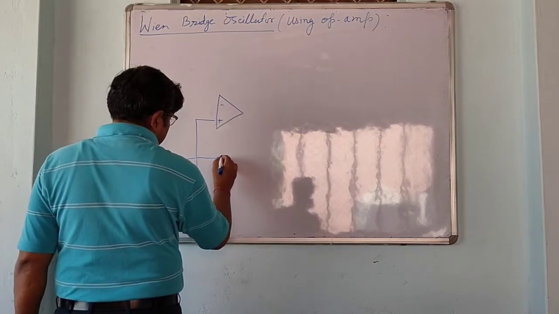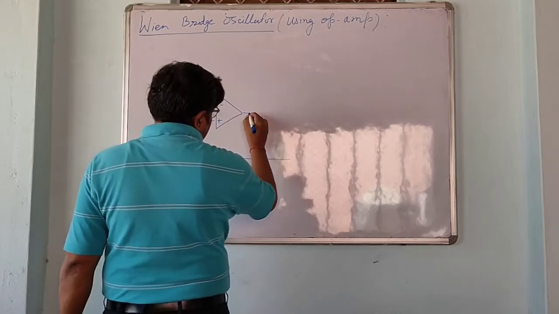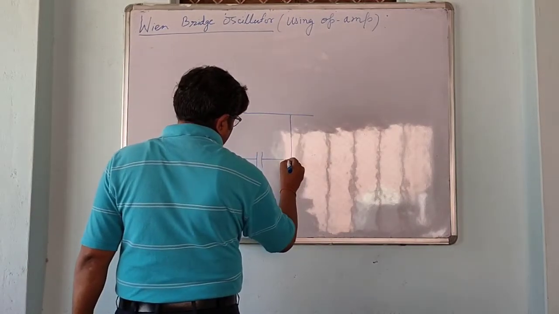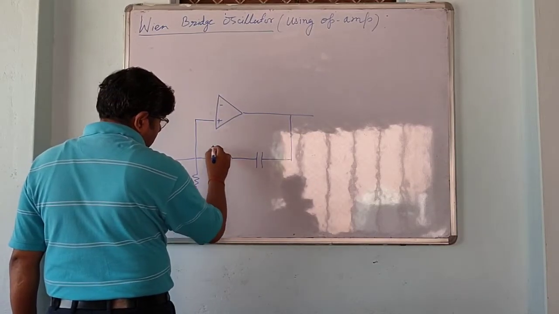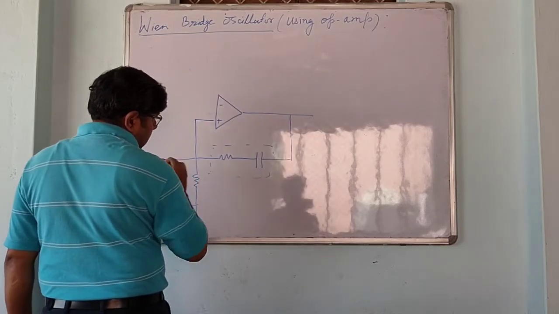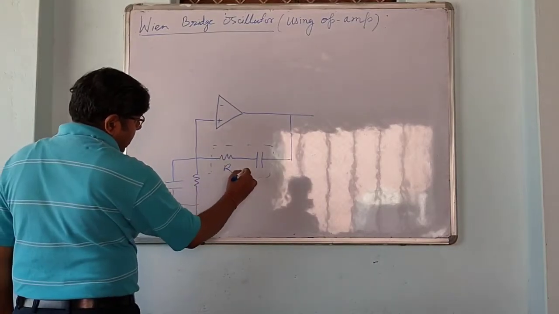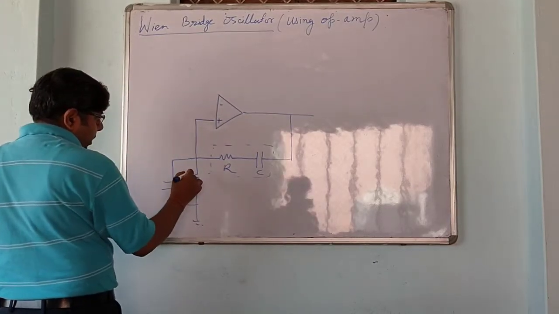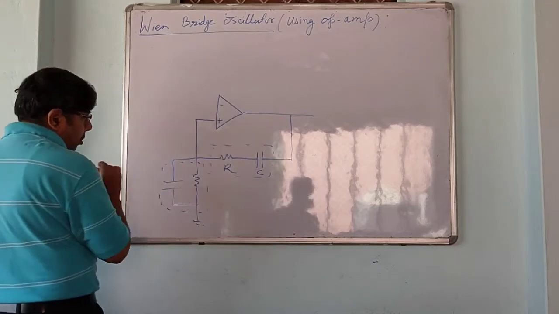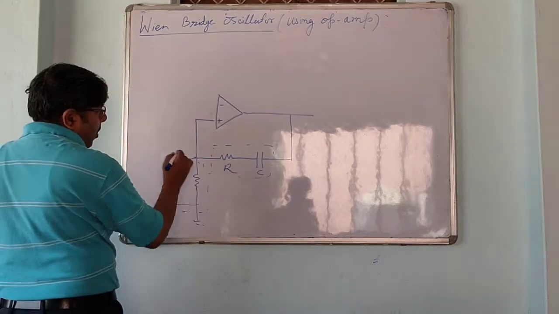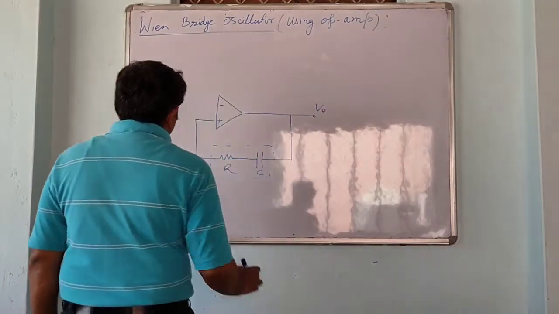This is the feedback network, which is a combination of, here we are using a series combination of R and C, and another network is a parallel combination of R and C. This is the output, and